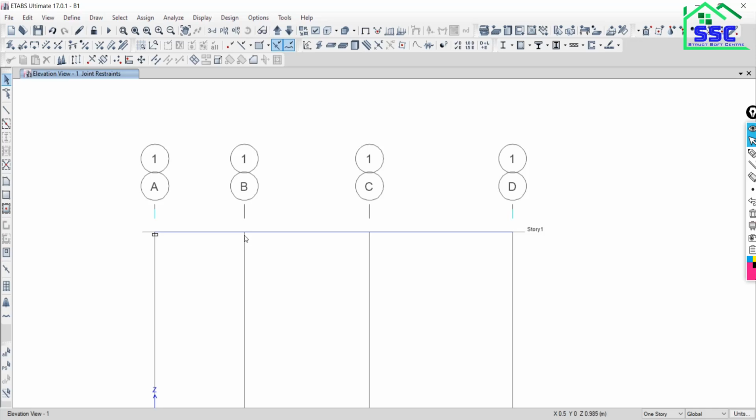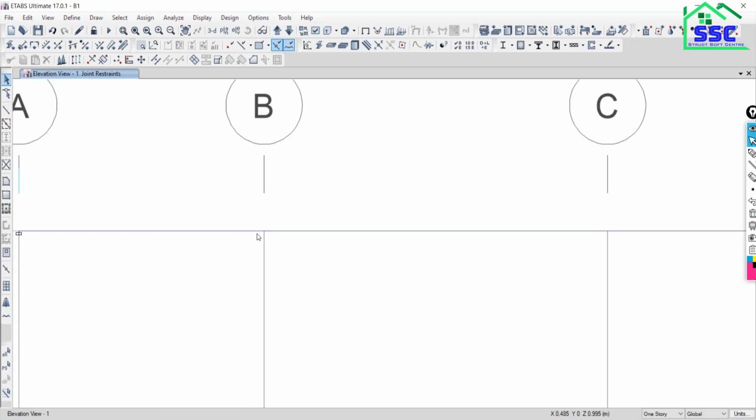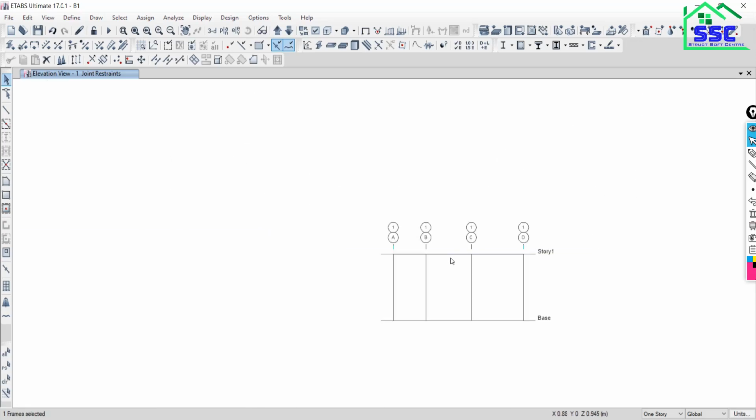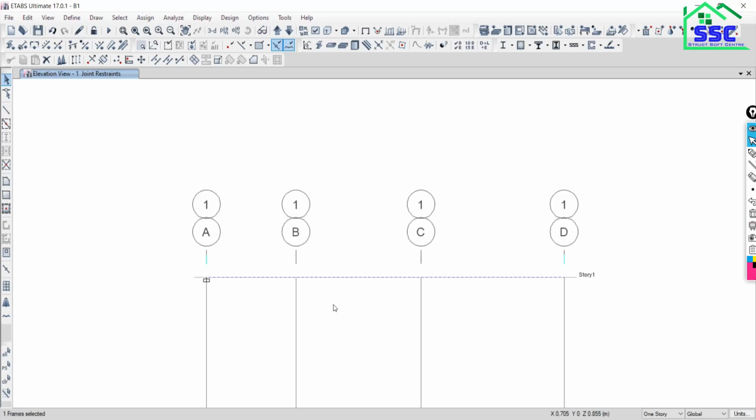Now we have to assign the load at the joints. As you can find, once you model the entire beam at one time, we are unable to find the joint. When I try to click on this point, the entire beam will be selected. This is the problem in assigning the joint load.